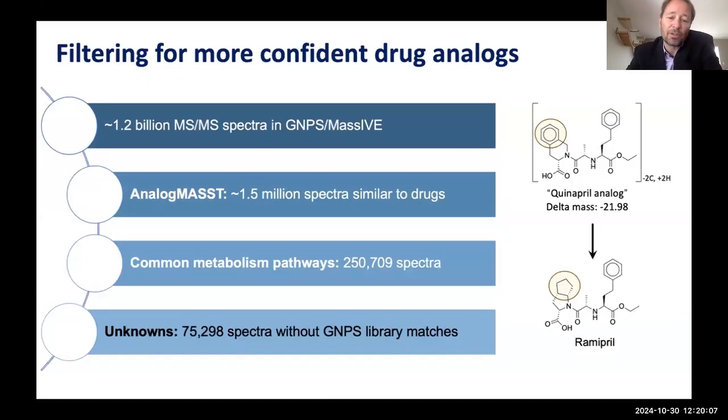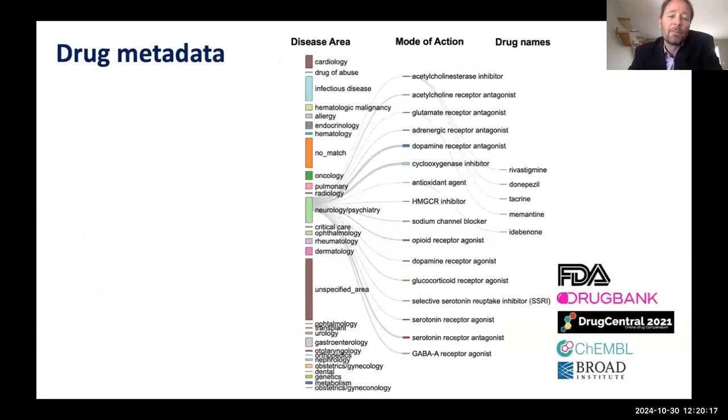And so in combination with the reference library itself, we have almost 200,000 reference spectra in this particular resource. And we have now linked this all to the drug metadata in terms of disease area, mode of action, drug names, and much of this was curated with these particular resources, but we created an ontology that could be readily interpreted. Now, then Kina, who's an excellent pharmacist, got together with a team of other pharmacists, and